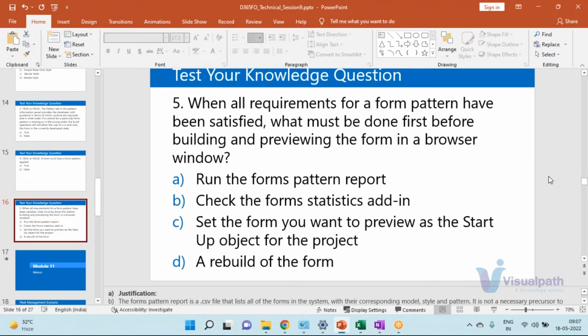Okay, any guesses on this one? Anyone, any guesses? Create. Yeah, actually it's